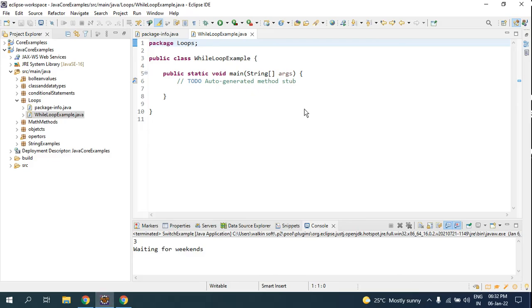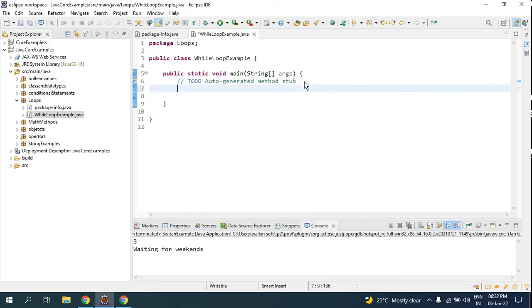So coming back to the while loop, how are we going to use loops? First I will tell you about loops. Suppose you have a basket with fruits inside it. You will pick them one by one. You will not just throw them all on the floor. So loops pick each element one by one. In loops you have three: while loop, do while, and for loops. In the for loop you have nested for loop, enhanced for loop and for each loops. For now we will see how the while loop works.